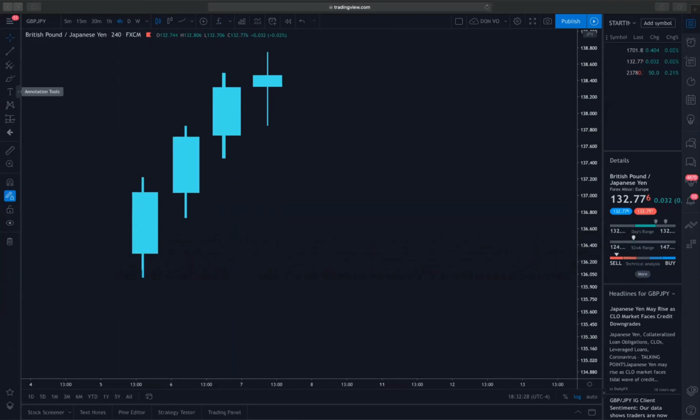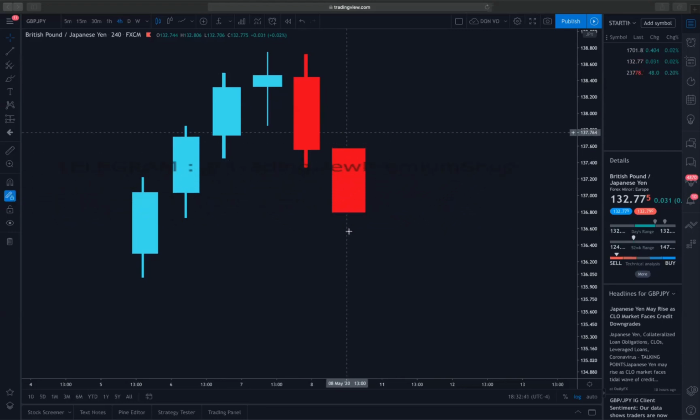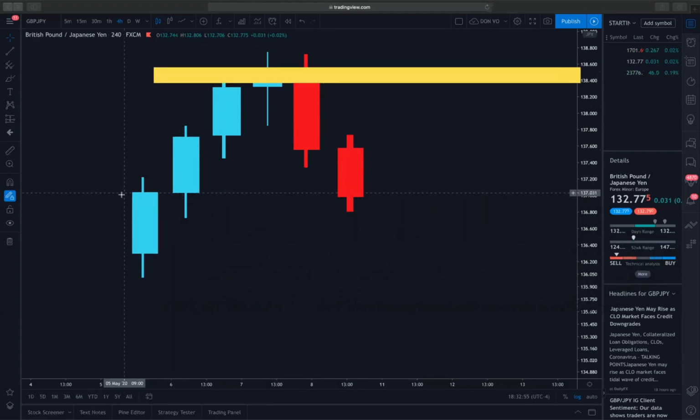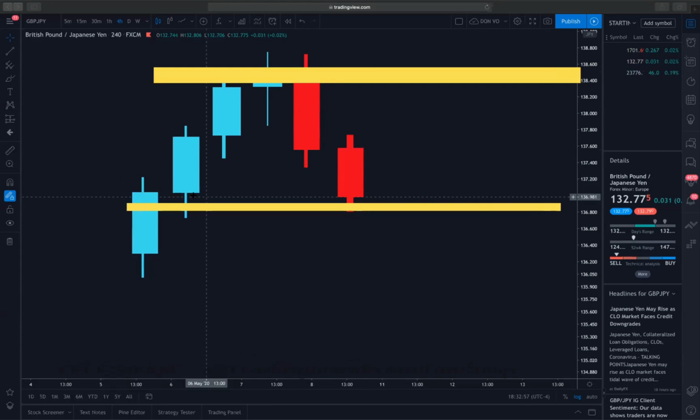And now you have a bearish trend coming down. All right, so now let's say you have this. If the resistance is being made over here, and you have a support now being made right here,